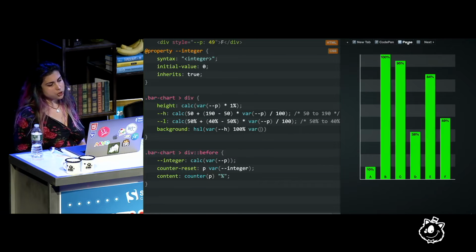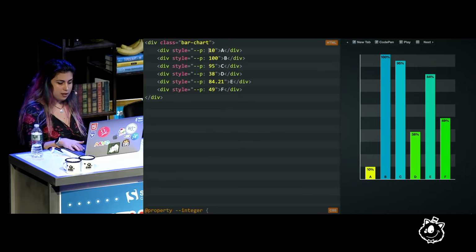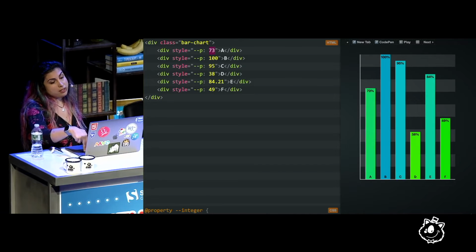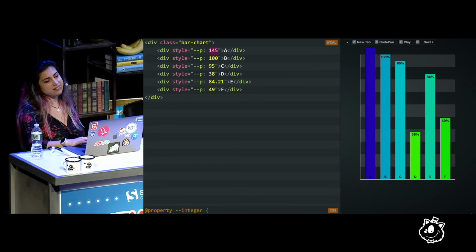And since the saturation is 100% in all cases, we don't actually need a variable for that. And there it is. If you don't believe me that this is dynamic, I can just show you. And notice how it changes color. And you can actually continue going even past, because it's just math.